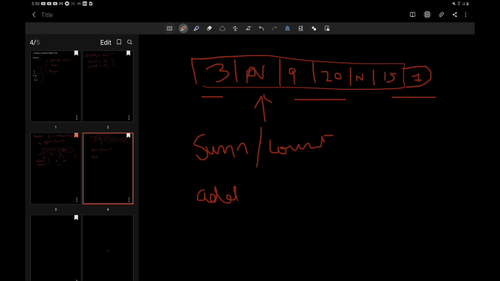This value can turn out to be a double, because we are dividing, so it can be in decimal as well. Let's suppose it turns out to be some value p, then we will just add p to our answer list.